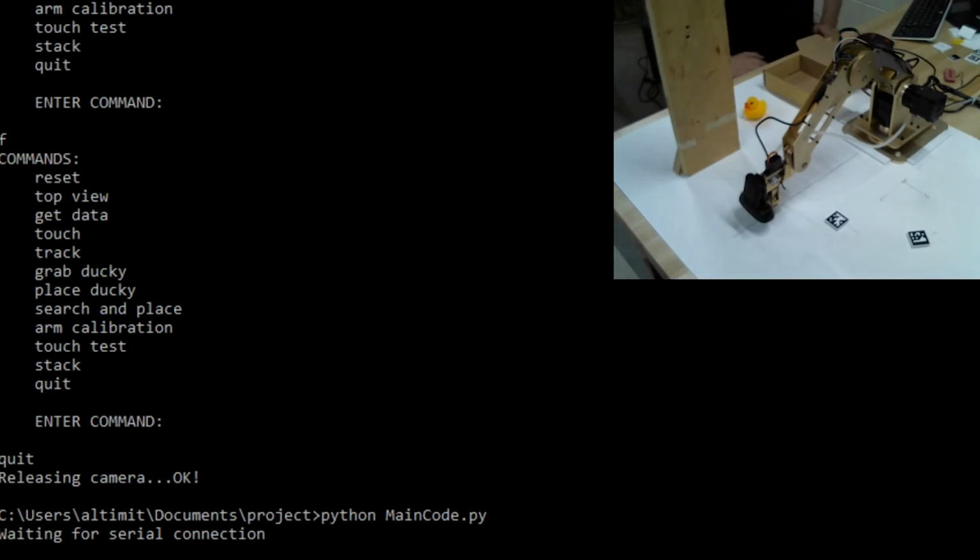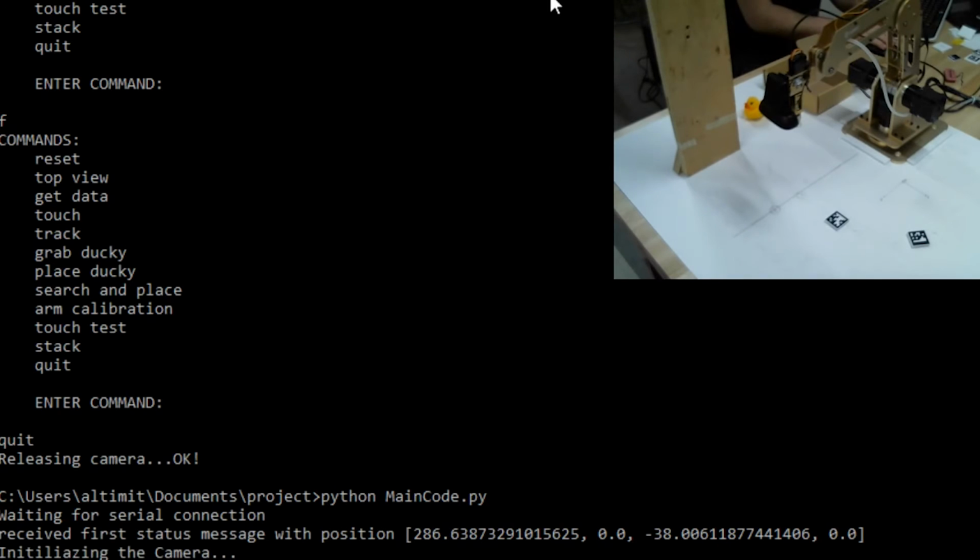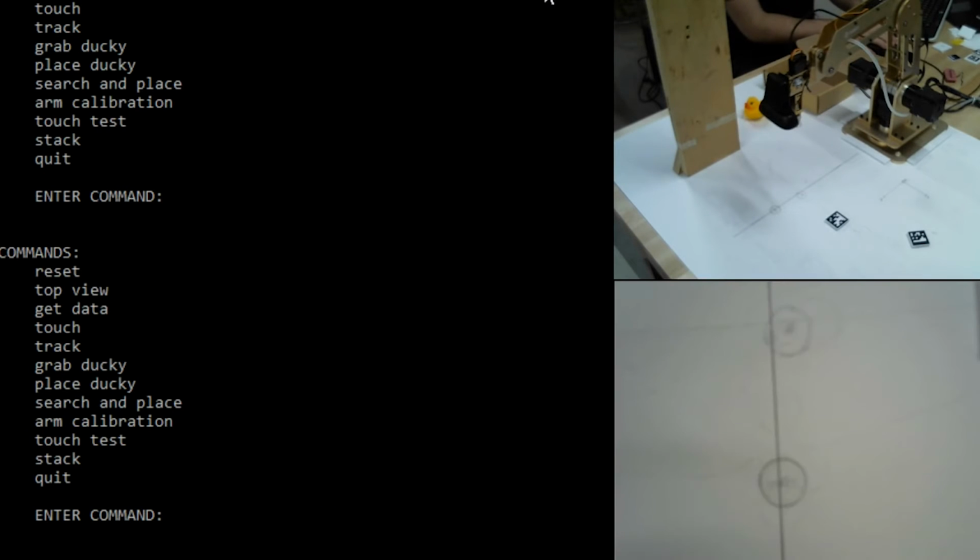All right, so we're going to start another test here. The robot is starting up. Just booted it. It's all good. The camera feed is going to come online. And good. All right. So what we're going to do now is we're going to do some search and place